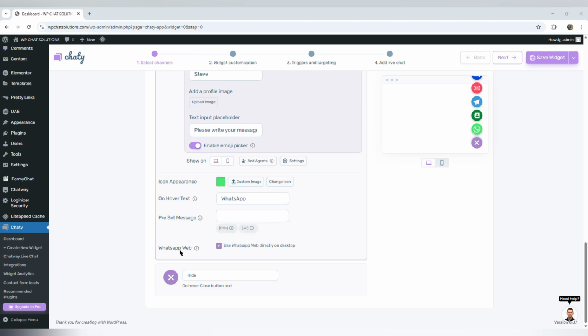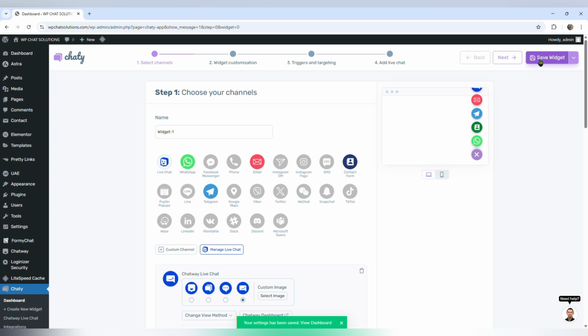And finally, we have the WhatsApp web option, and I want to have that on because I want to use WhatsApp web directly on desktop. So once I've entered all details and settings, I'm going to hit save widget, and that is going to be it for this channel. Additionally, I am going to clear the cache, and that will ensure that all the changes